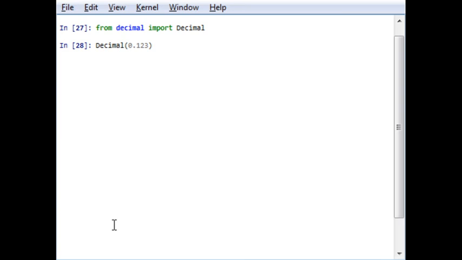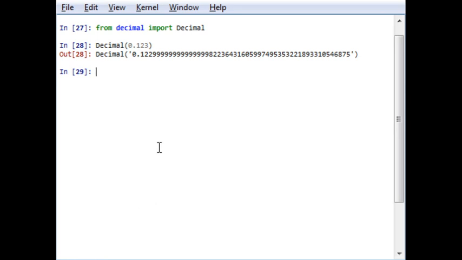The output will be up to the maximum value we have seen, and you can see 14 or 15 digits or more can be shown. This is an approximation. It is not going to show you just 1 2 3, with 3 as the end number, but it is showing an approximation.